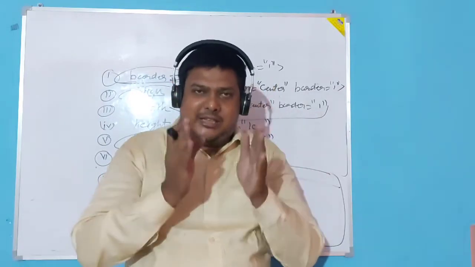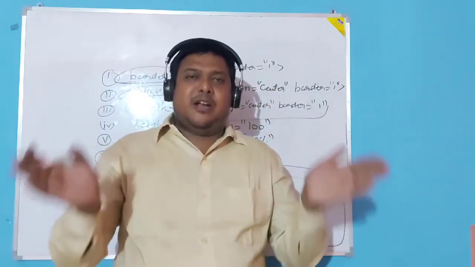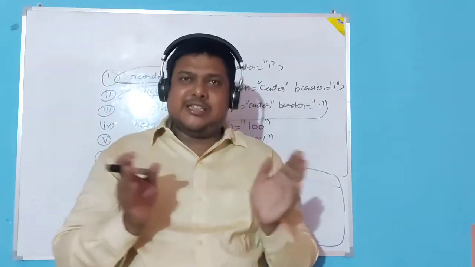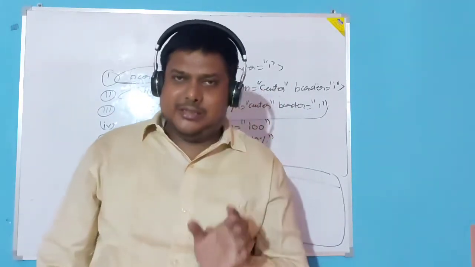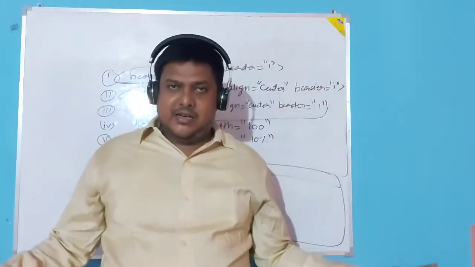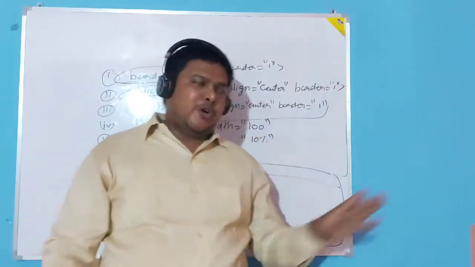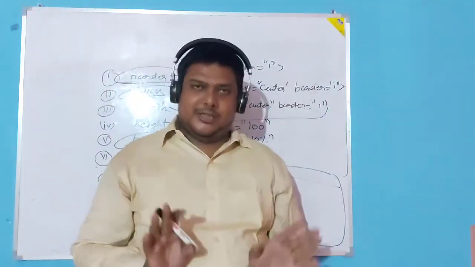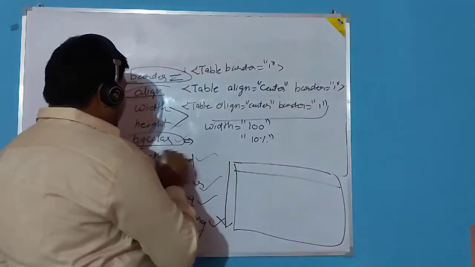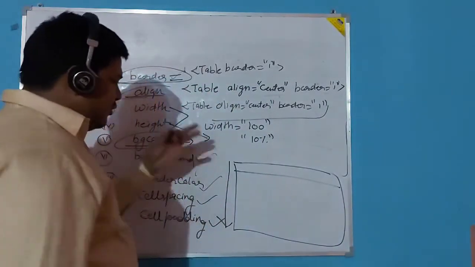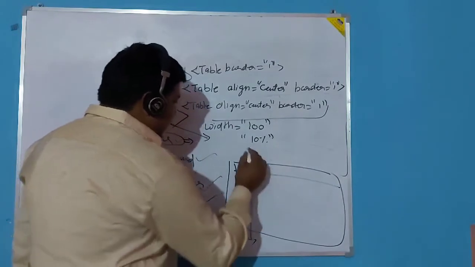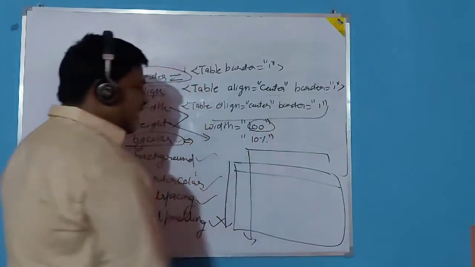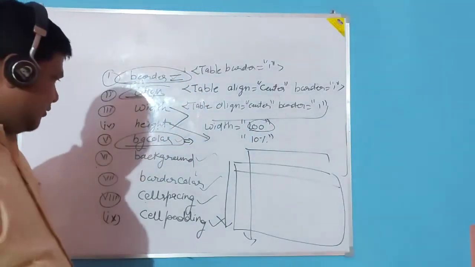If we are minimizing, our content will automatically reduce. Our table will automatically reduce according to the screen size, and then it will take the 10% size. If we are maximizing, if we are increasing our size, according to that it will automatically take the width of the table, 10% of the screen it will display. Same thing is here also for the height. If you want to give that much height it may display, so I will use here height in the same format, with the 100 also and with the percentage also.